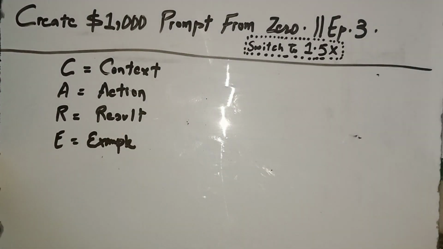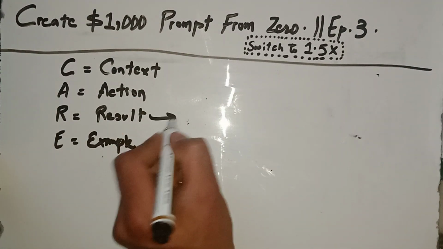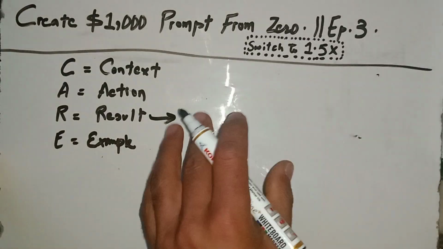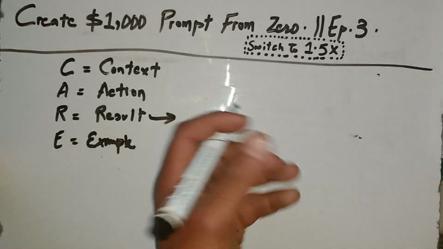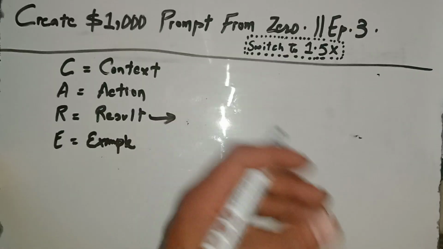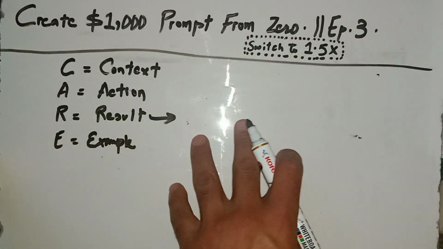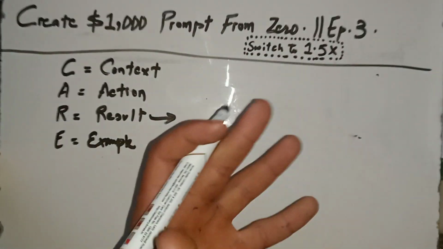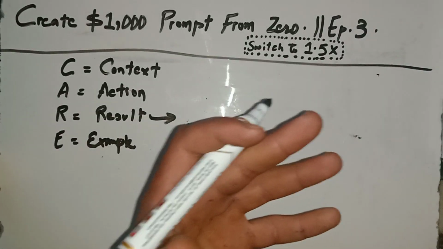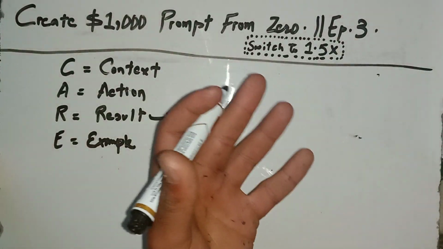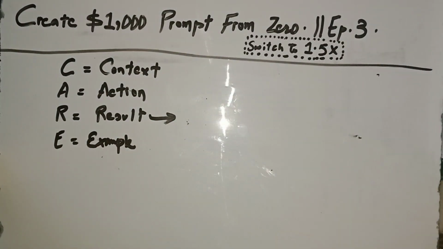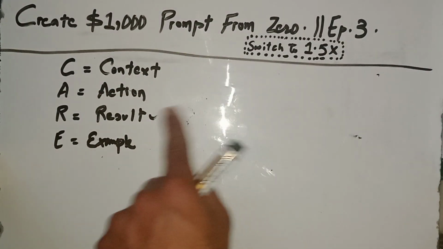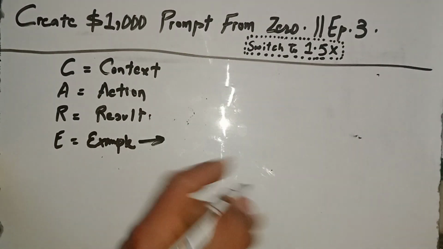Now the third part in our framework is the result. You need to describe the outcome you want. Do you want a conversational, informational, or educational article, output, or explanation? By describing the outcome, AI optimizes according to your goal, so it does not come up with random stuff here and there. So this was all about the third part,